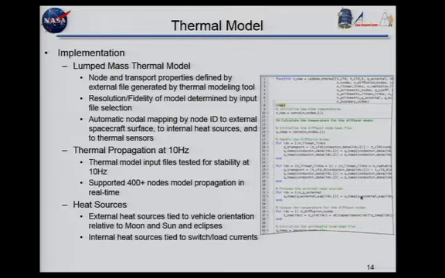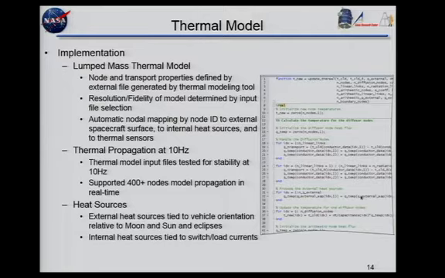The other trick there was to actually tag node IDs, which are now spatially located somewhere in the spacecraft, to specific thermistors and other heaters. Anything else that had a significance from a thermal perspective, either from a heat generation or a measurement.